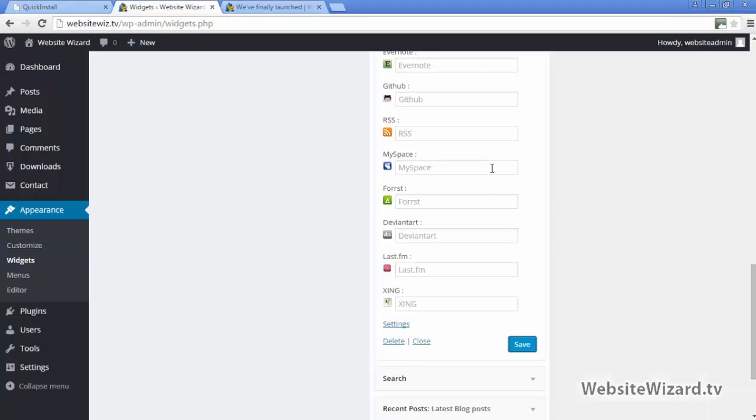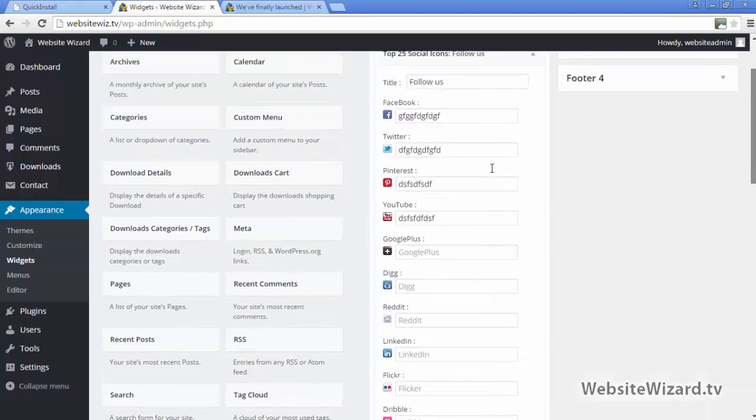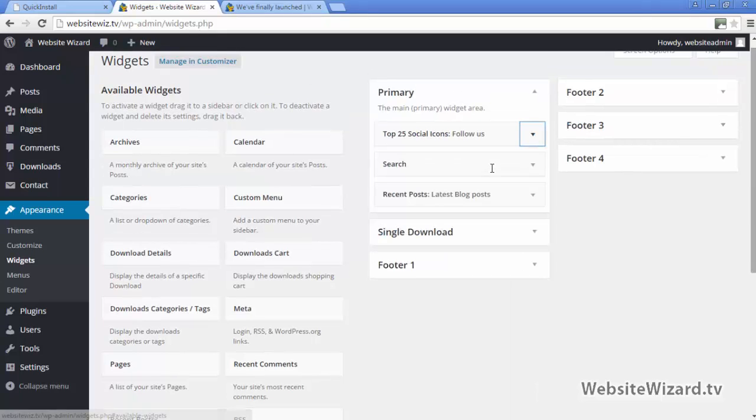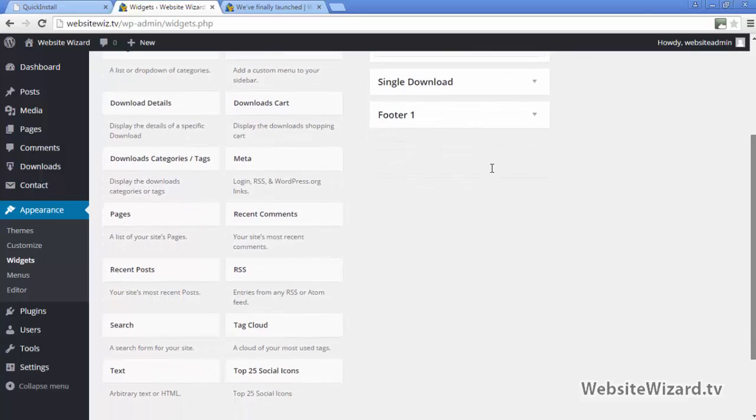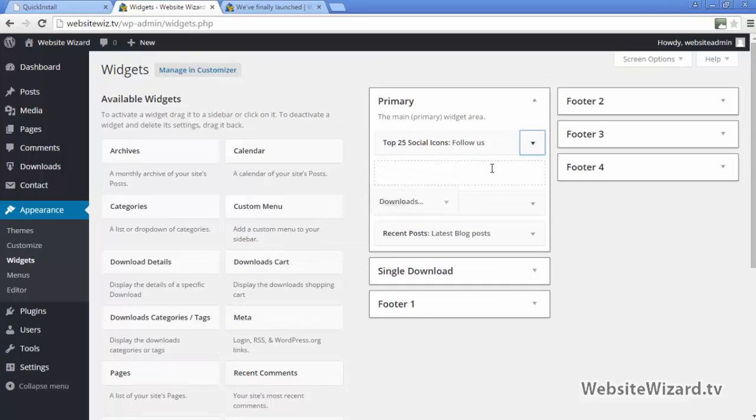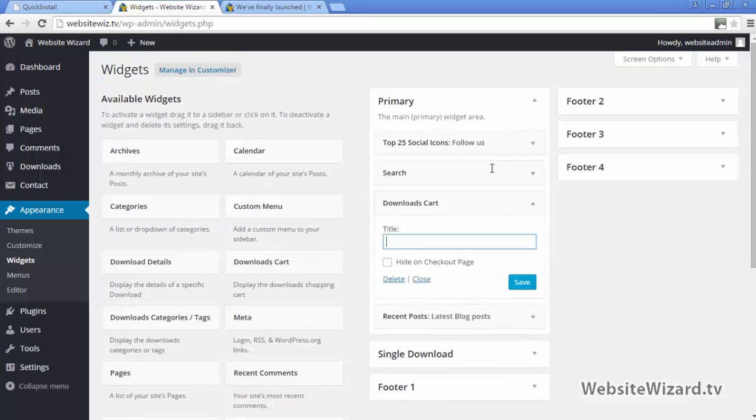And if you come back to the WordPress dashboard here, let's scroll up to the top, and let's just hit the drop down here to close that out. If you look at the rest here, you've got some other options. So we can use this downloads cart widget. So if you drag that, and let's drop that underneath the search box, and then for the title I'm going to say your cart,